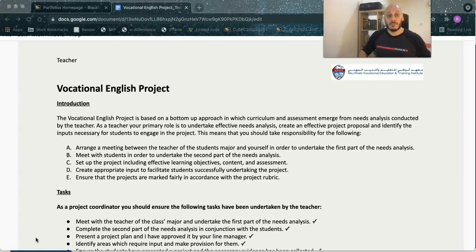But the general concept then of the Vocational English project, as it's called in the document, is that it is not tied to the English curriculum. It is tied to their vocational subject. So, if we go through the list very quickly, Part A, arrange a meeting between you and the teacher of